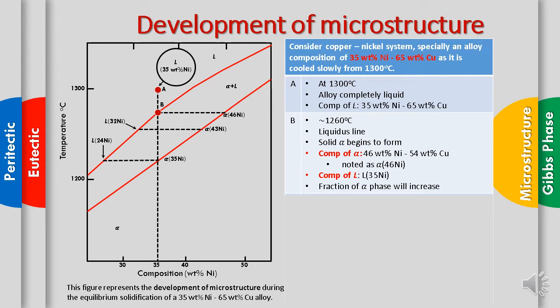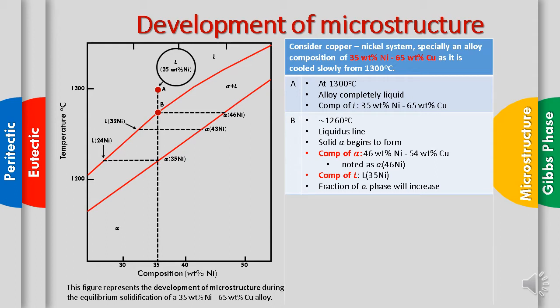When we project in terms of temperature, the temperature is about 1260 degrees Celsius. It will intersect at the liquidus line, and at this line the solid starts